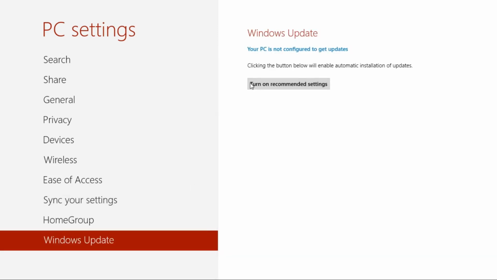Oh, it can't even get updates at all, it looks like. Okay, in that case, fine, I'll turn it on. But at least it did allow you control over your Windows updates, like more control than Windows 10 did. So that's something I liked when I was on Windows 8. And then when I upgraded to Windows 10, I remember being so upset that I did not have that control. That was one of those things that picked at me and nagged at me,